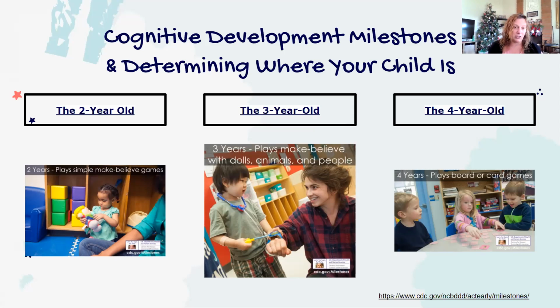And then you still see children doing make-believe, and make-believe is a huge asset to supporting their own development, and especially when they start doing it with other children, because then that supports social emotional growth. Our 4-year-olds will often be engaged with other children, having back and forth conversations. They oftentimes are able to sit and do a puzzle together or play board games, or start to play things that have more rules and that are established with a beginning and an end as well.